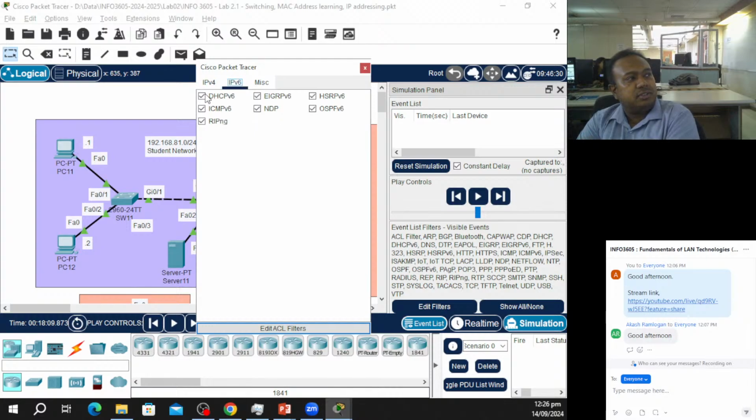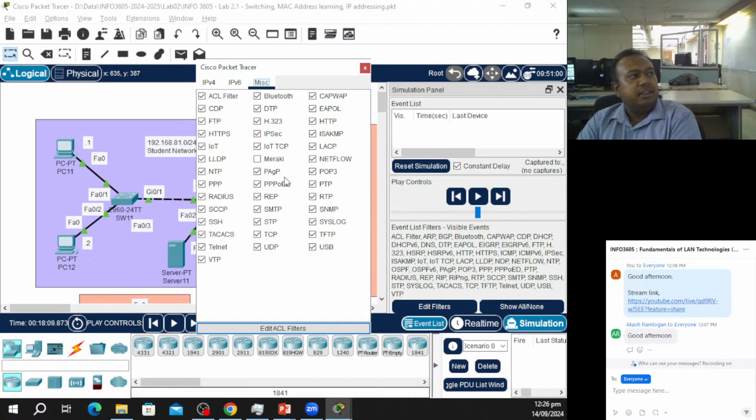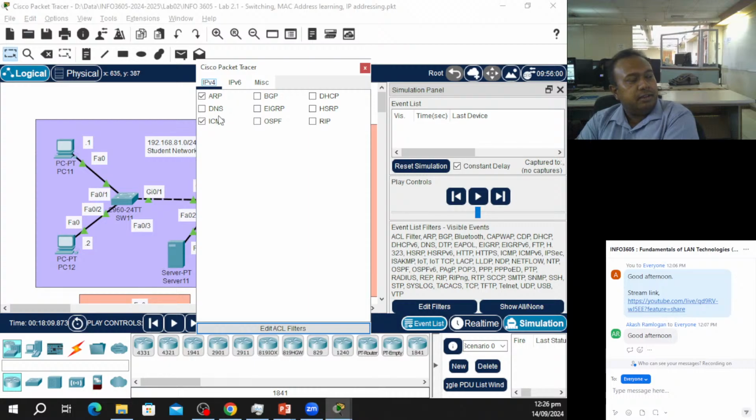IPv6, we could take all this off, but we don't have to worry about IPv6 because we're not doing IPv6. It may see something's happening, but we could leave that there. This now, however, is miscellaneous. So we have a whole lot of protocols that we may have to end up coming out. Now, the cool thing about the course, we're going to be learning